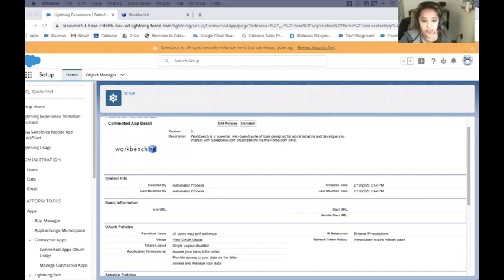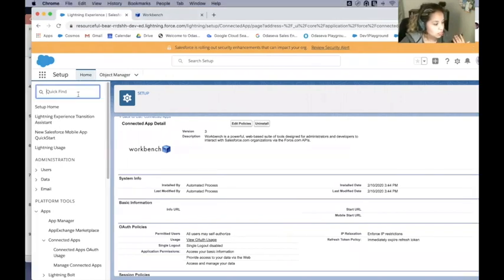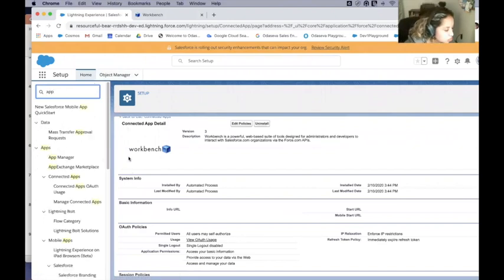Okay. So in this scenario that we're talking about, we have a developer that is trying to create a new Salesforce data integration via the APIs. So for the very first time, we're going to create our own connected app from scratch. So we're going to go to the app manager,